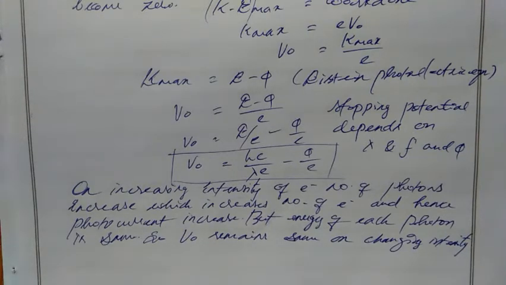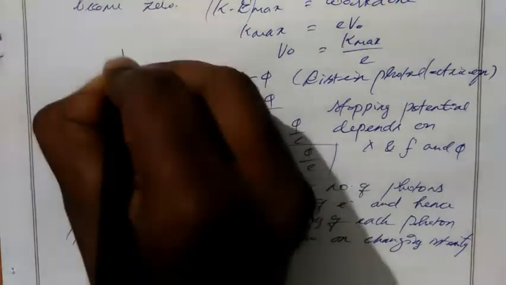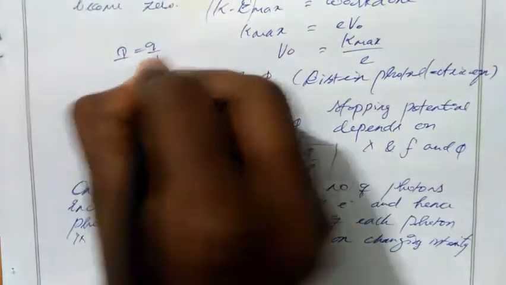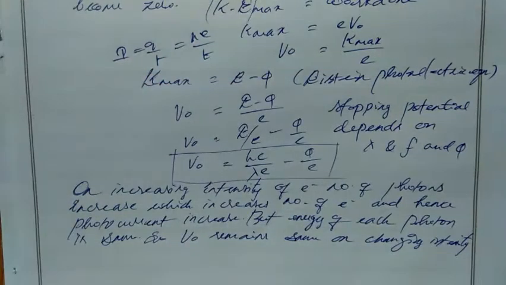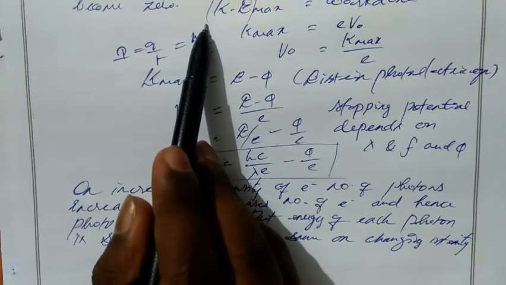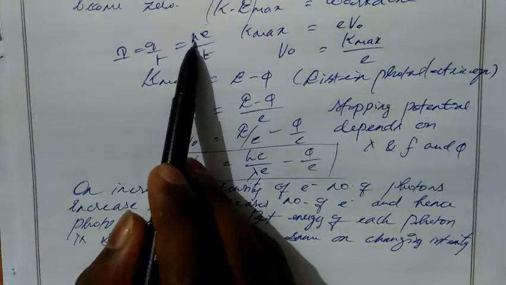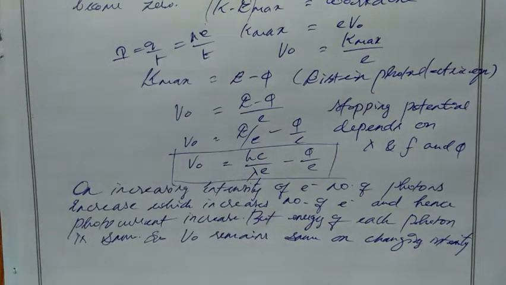Okay, so in order to increase the intensity, we have to increase the number of photons. If we increase the photons, then we get more current, correct? Because more electrons will give more current. We know the equation I equals Q by t, where Q is Ne, so I equals Ne by t. So when the number of electrons N increases, the current value also increases. So the photocurrent will increase, but the energy of each photon will remain constant.